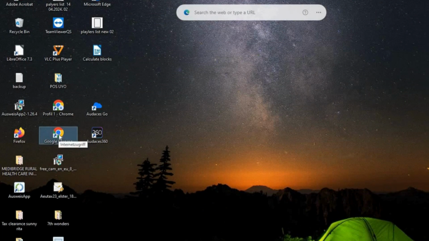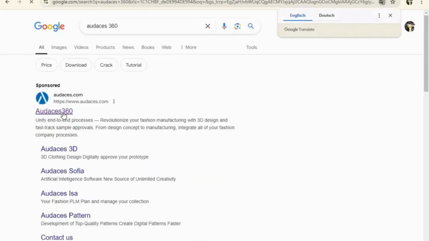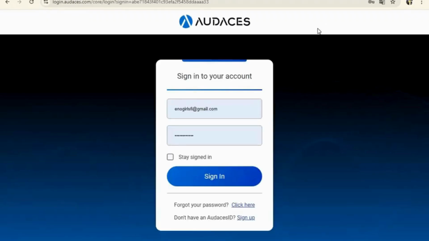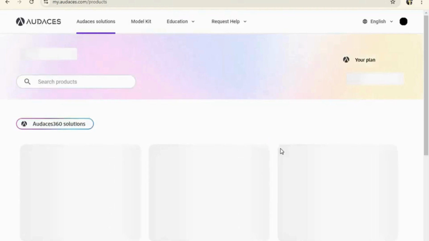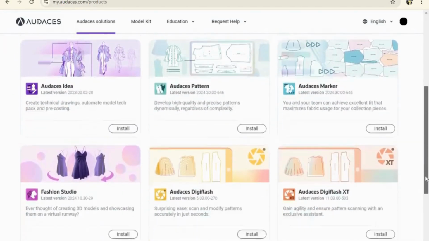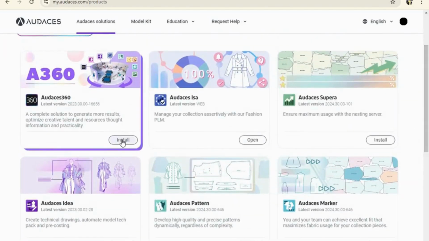Once you get to Google, click on AUDACES 360. It takes you here, go to client area, and then here you sign in with your email and password, and it takes you to your client area. As I said, you need to download AUDACES 360 before you are able to log into this client area. In the client area, you have all the software that has to do with AUDACES 360. And then you install the AUDACES 360, click on install,